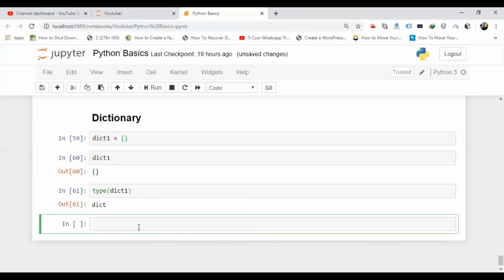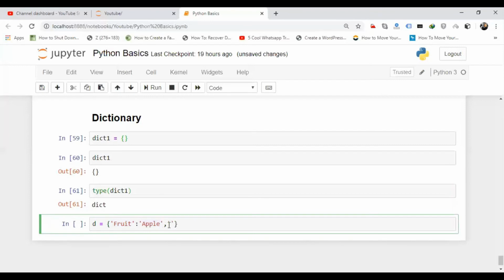Now I'll declare one dictionary. So I will just take a D and then curly braces, and then I will give the key value here. I will give the key as fruit. Then this fruit is my key, and I'm giving the value as apple. Okay, now you have to give a comma. So this is my first element. This fruit is the key and this apple is the value.